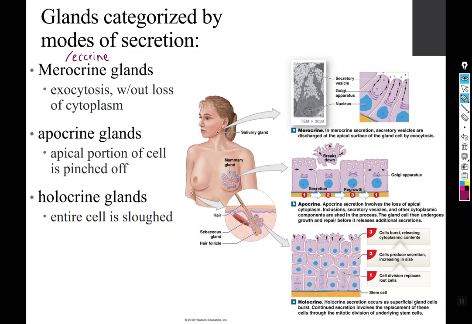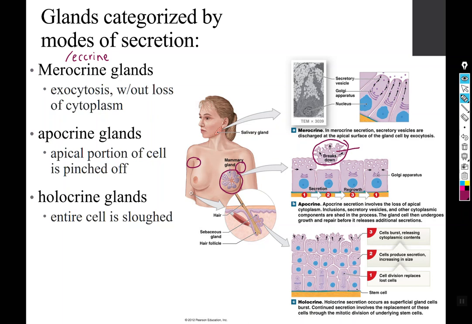In apocrine glands, the whole top of the cell breaks off. So you can see there's this pinching that's going on. There's a ring of cytoskeletal elements in here that is polymerizing and pinching this off. The nucleus and the rest of the organelles stay there, but the top bit breaks off. So you get phospholipids and whatever's in this little package of phospholipid, and those things break down. An example of an apocrine secretion is breast milk, but also sweat from apocrine sweat glands in the armpit